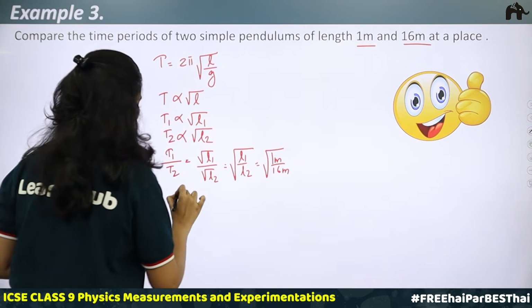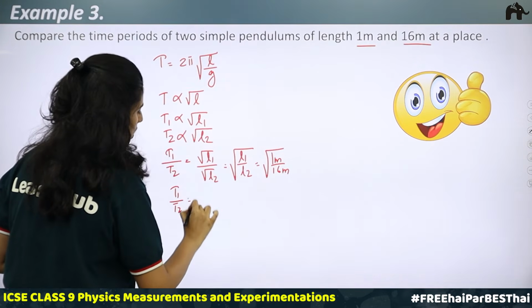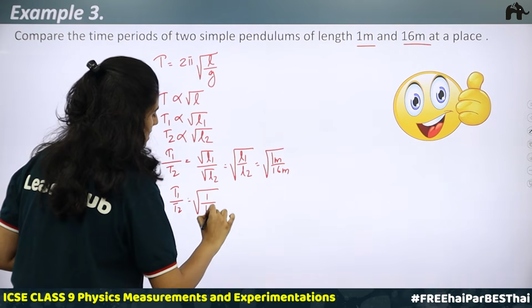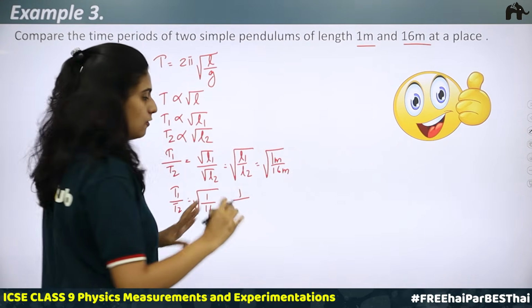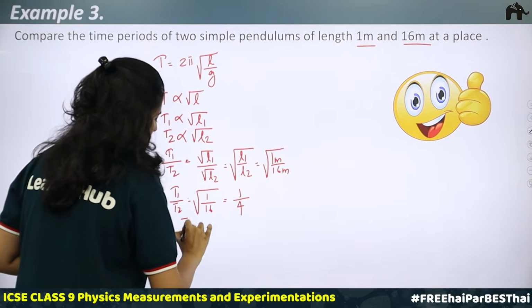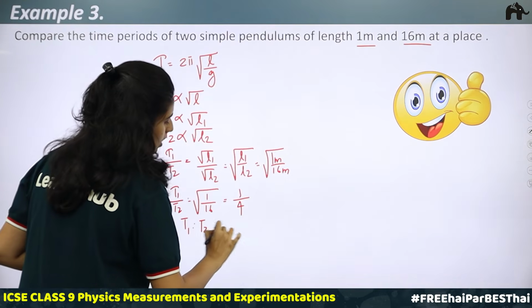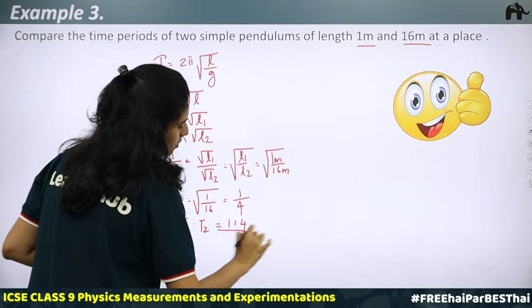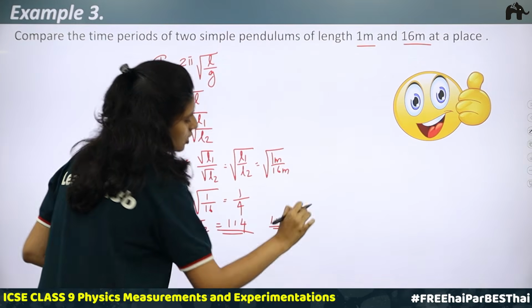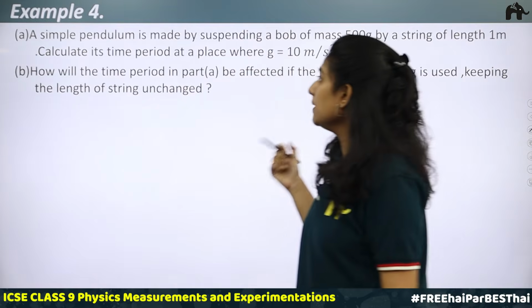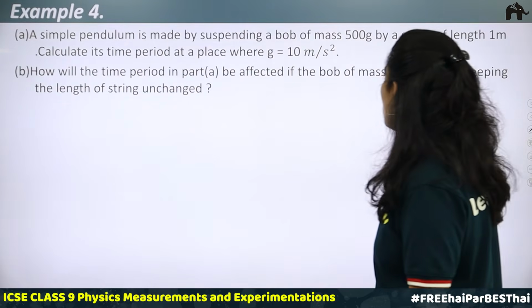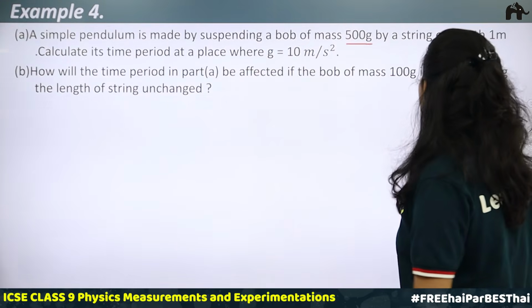So T1 by T2 is equal to root of 1 by 16. What is root 1? 1. Root 16 is 4. What is the ratio then? T1 is to T2 is equal to 1 is to 4. So 1 is to 4 is the ratio of time periods. Clear? Example 4. A simple pendulum is made by suspending a bob of mass 500 gram by a string of